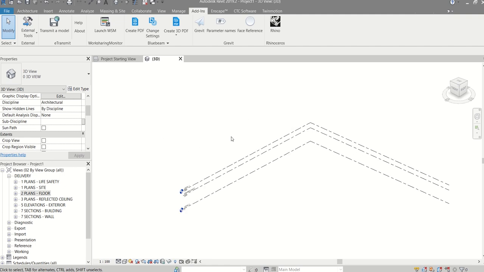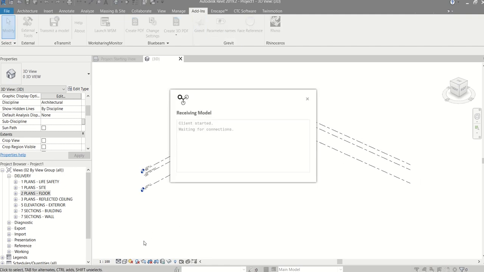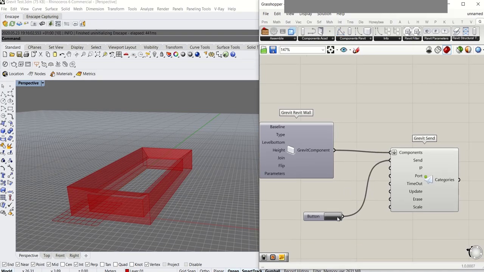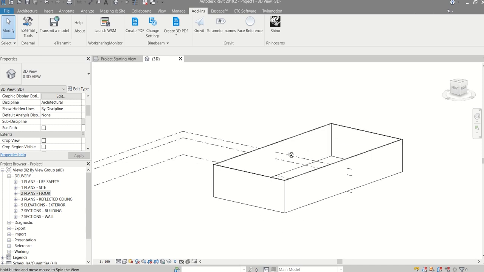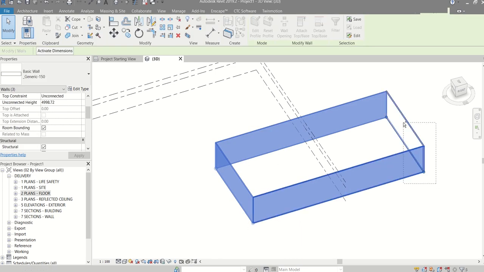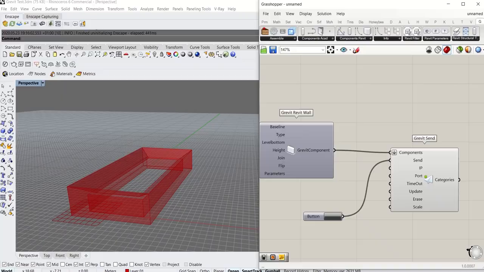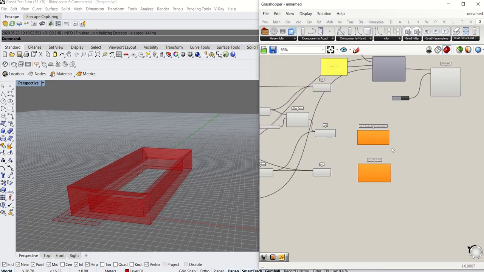Okay, go back to Revit again. You'll have to remember to click Grevit first in Revit space, then go back to Rhino Grasshopper and click that button. You should now have pushed that geometry, so you can see that the outer wall, the external wall, has just been pushed into Revit space. I'm going to delete this and complete the rest of the operation. Go back to Rhino,